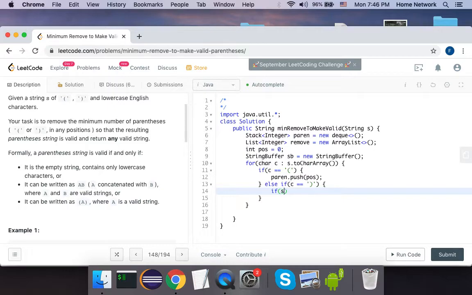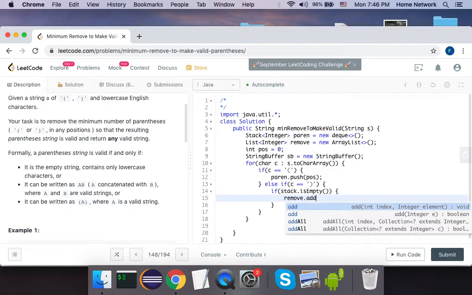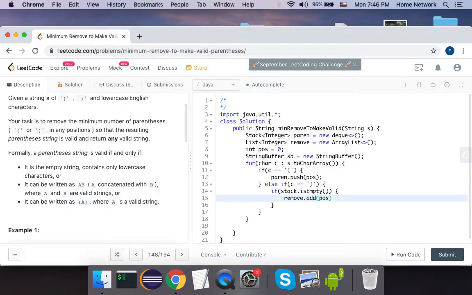If the stack is empty, right? There's nothing to eliminate this character. What we do is remove, add a current position. Else it's not empty. Then the stack pops one out from the stack. Else, what do we do? We don't do anything. We're totally fine. So finally, after the for loop,